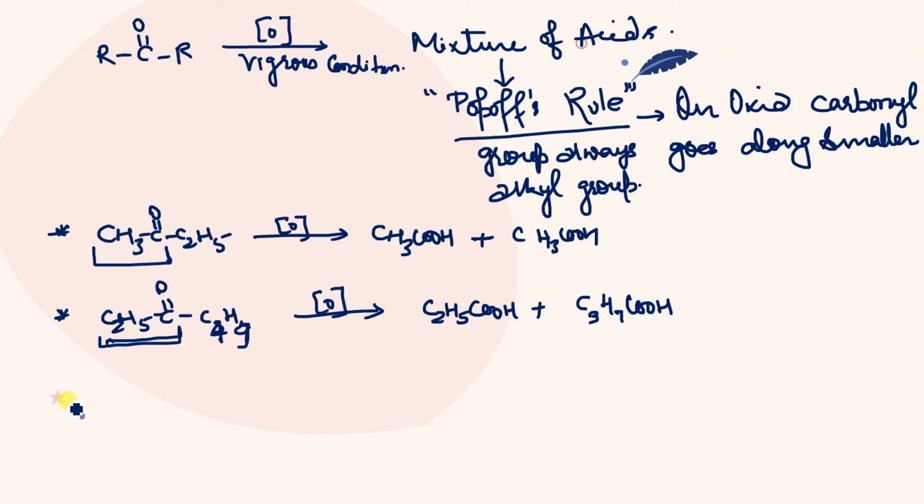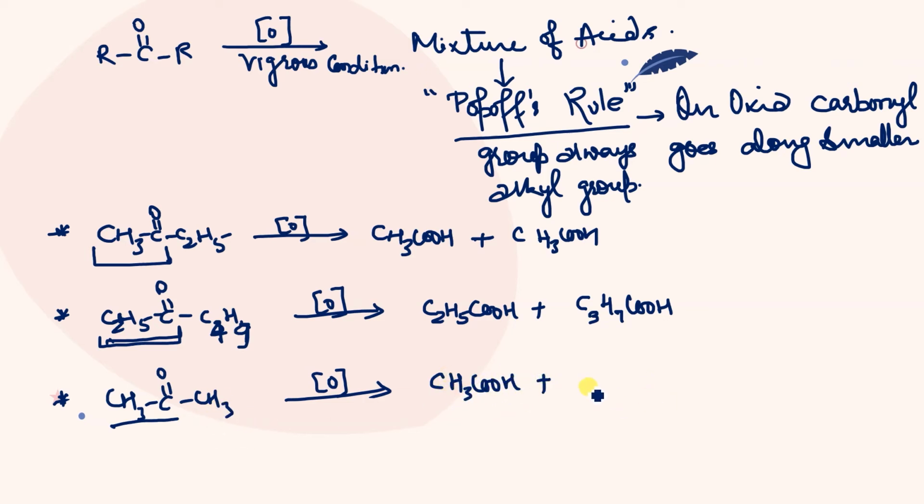Yes. Another example, let me take like CH3COCH3. So in this case, both sides have the same number of carbons. So with any alkyl group, it will go. So any alkyl group, like this one too. So this is forming 2 carbons, yani ki CH3COOH, isn't it? And here how many carbons are left? Only one. So one carbon, acid of one carbon, that is HCOOH. So this is going to give you a mixture of acids according to Popov's rule. I hope it is clear.